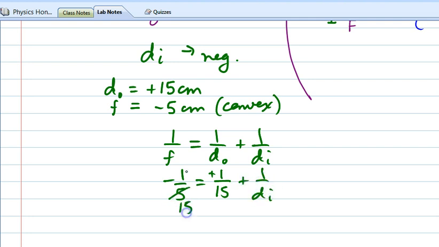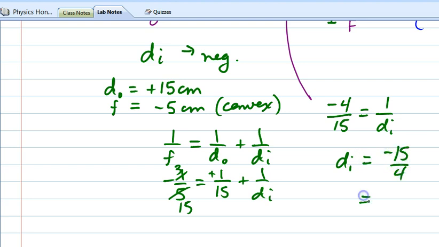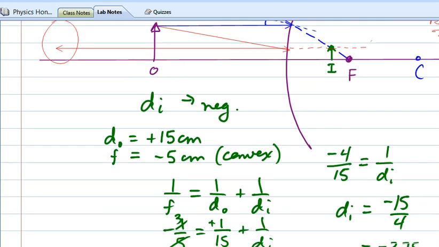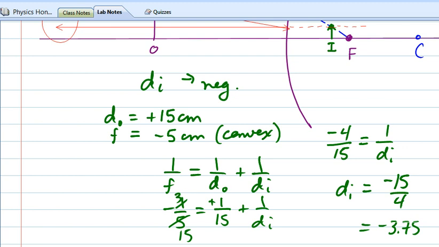I still need a common denominator, but now it's negative 3. So I get negative 3 minus 1 is negative 4/15 is 1 over DI. So the image distance is negative 15/4. That's like negative 3.75. Now you can see in my diagram, hopefully you can see that if this distance is negative 3.75, well, that makes sense if this distance is about negative 5. It's kind of on the same scale, right? Thus proving that for a